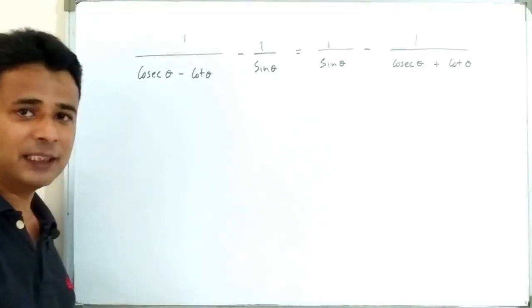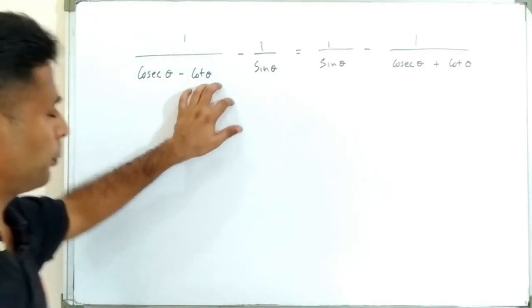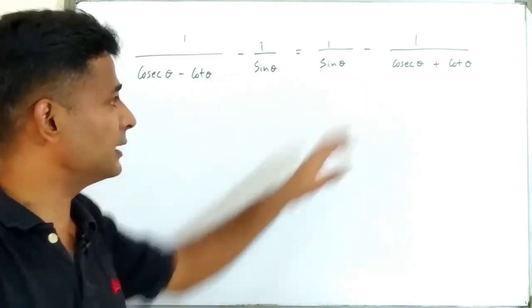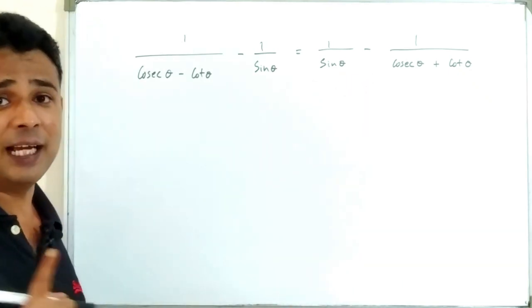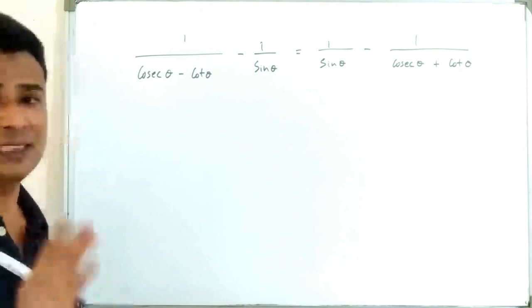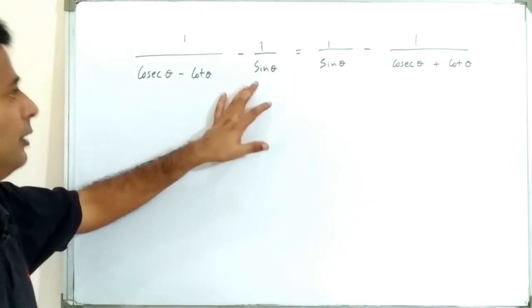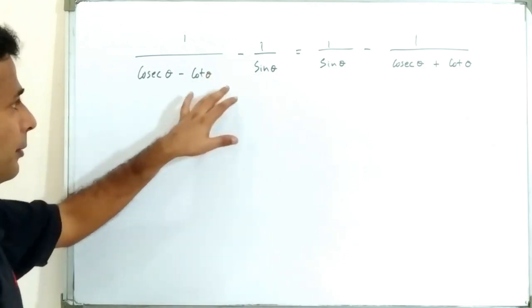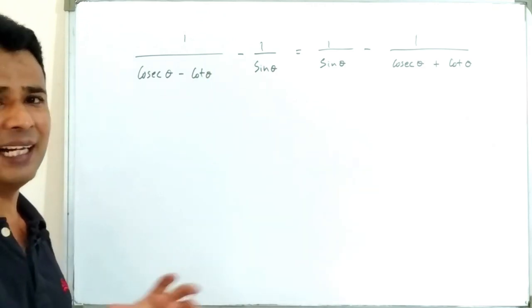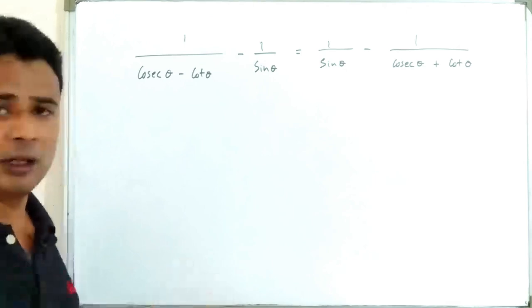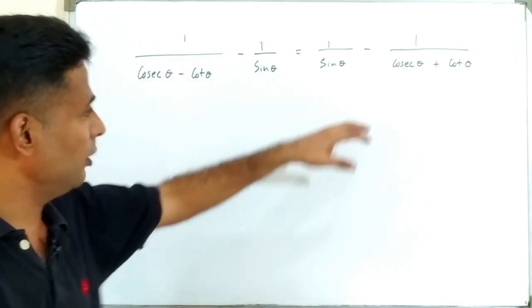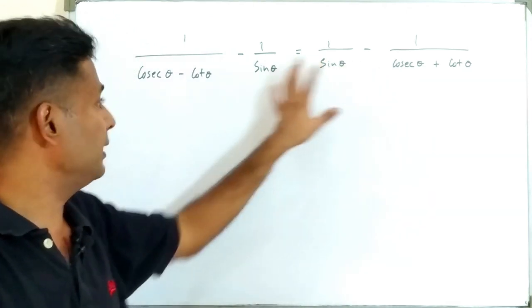Alright guys, now the next question is this. They have asked you to see whether this is equal to this. Now this is one of those questions where you have to manipulate on both sides. This you will understand when you do for left hand side, you will get a very simple thing. Now the first thing you could have thought of was taking LCM. It is of no use. You will not get a very simple answer. You will get a very complicated thing, and you will not even be able to get this in this form.